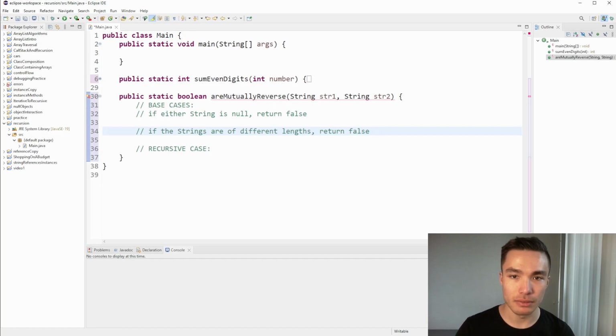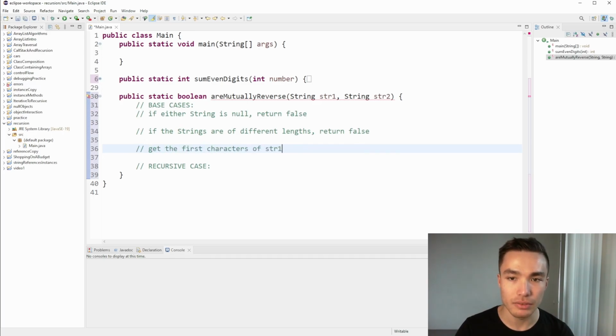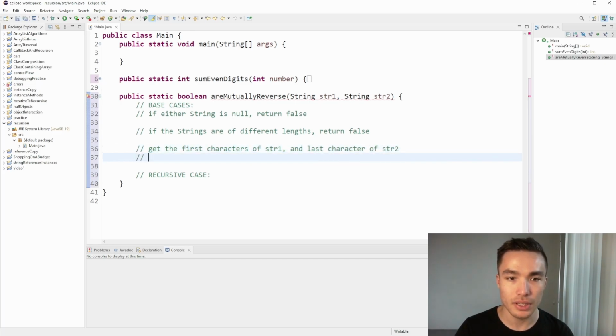Now, much like the sumEvenDigits problem, we'll take away individual values, or in this case characters, and do some checks on them. In this case, for two strings to be mutually reverse, we would expect the first character in one string to be the same as the last character in the other string, then the same for the second and second last character, and so on. We'll need a way to get the first and last character of each string. Then, if we find that these opposing characters are not the same, then the strings are not mutually reverse, and